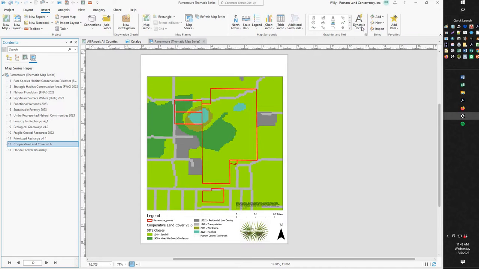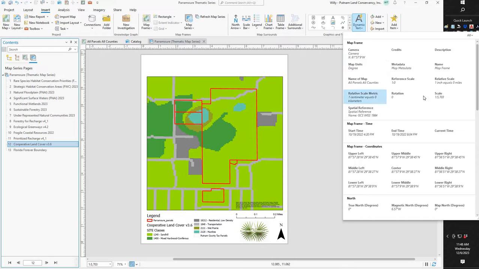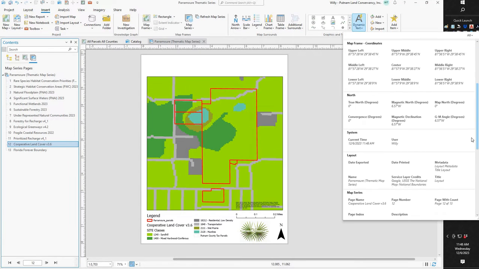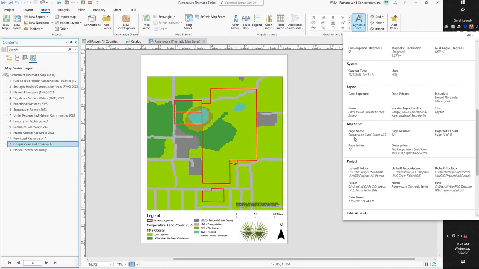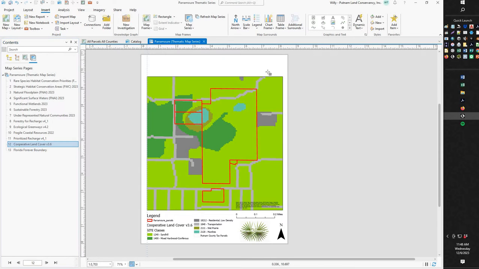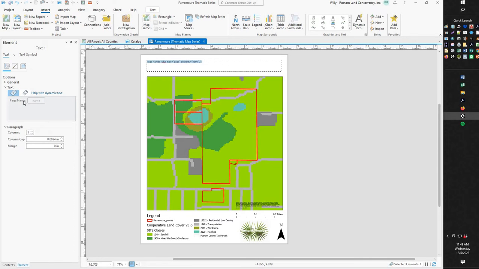So next thing is let's add some dynamic text. We're going to go down to the Map Series group. And this Map Series group will not show up on your dynamic text menu until you have gone over here to Map Series and turned on the thematic map series. Otherwise, this will just be missing. So now that we've done that, we can see here page name. So I'm going to click it, and I'm going to give it a spot, and it's going to automatically have the text page name. I'm going to go ahead and just double click on this,